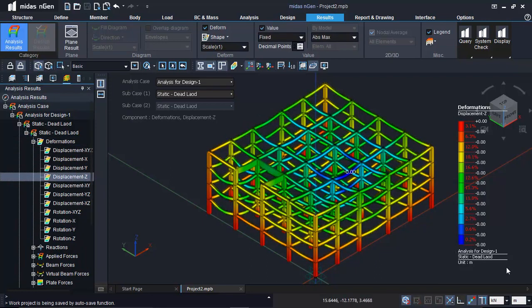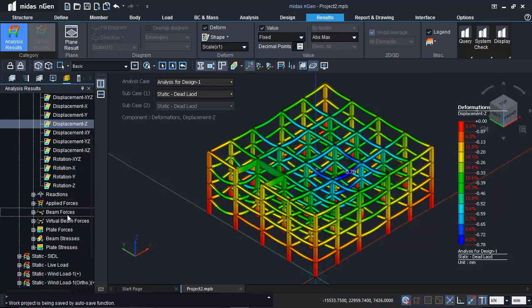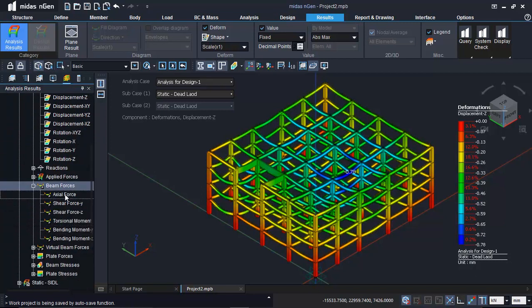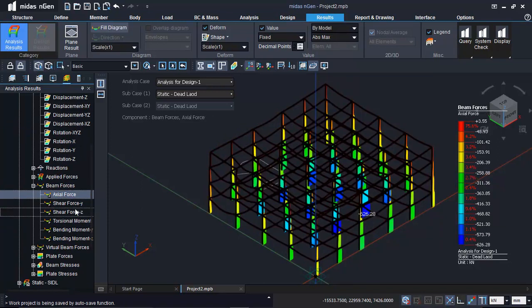and if you click on any of the particular deformations, you can check the deformations in the form of a graphic, contours, as well as in the form of a legend. Now here, if you want to see the beam forces, you can go to the beam forces, and let's say you want to see the axial force. You can just switch to the axial force, and similarly you can see the bending moment diagrams